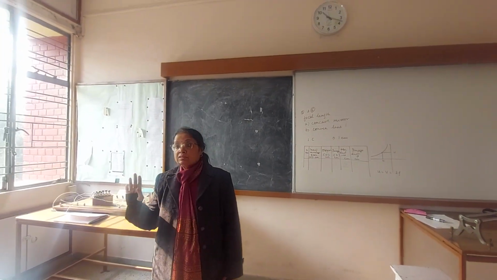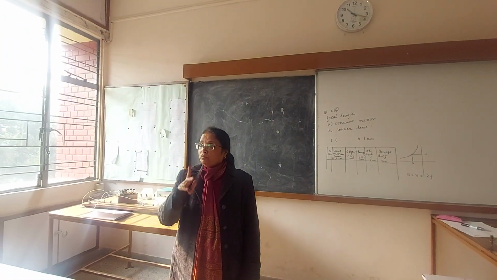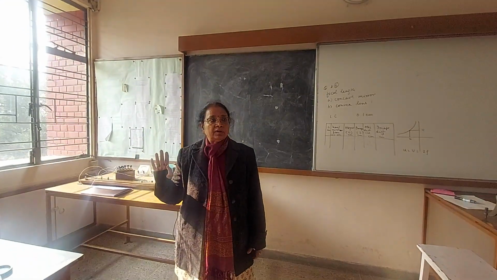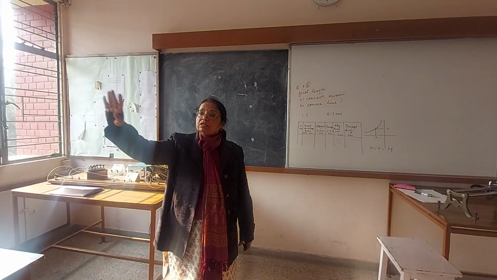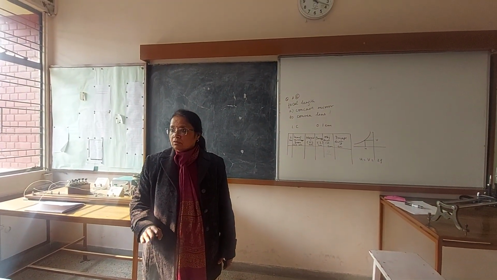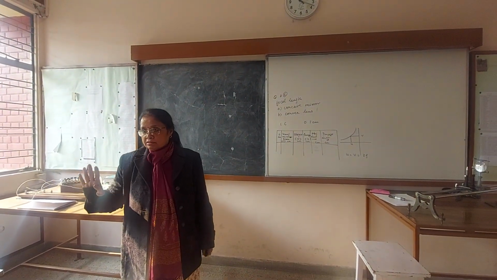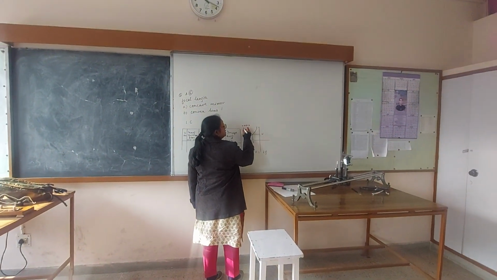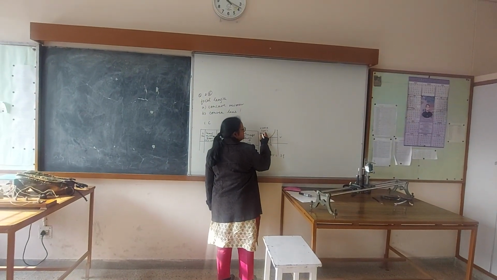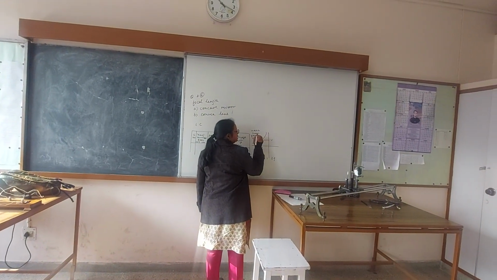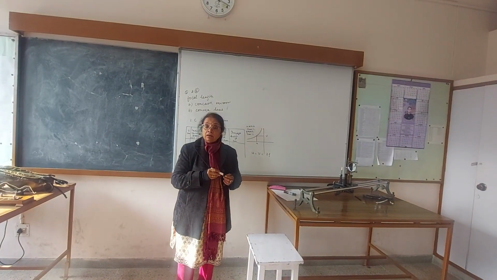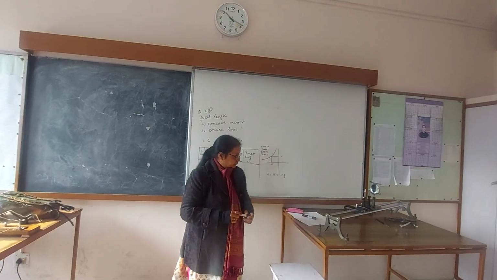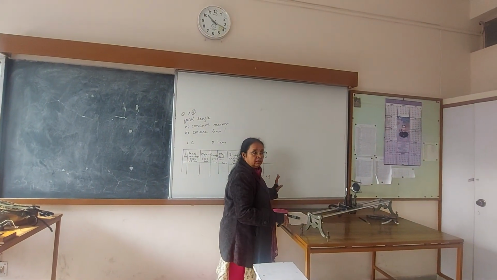Any graph that you plot, scale is mandatory, not 1 unit, 1 centimeter, 2 centimeter. Mention the unit there, equal to whatever distance you are taking. Don't say 1 unit is equal to 2 centimeter object distance or 1 centimeter of something. Please don't, no need to make it that complicated. Simply x-axis 1 centimeter or 2 centimeters is equal to this. Y-axis 1 centimeter, whatever is equal to this value. Okay? Scale mandatory on your graph. Without scale, the graph loses the meaning. So, okay about these? Any questions?